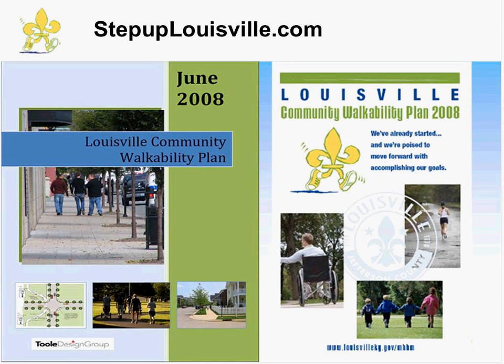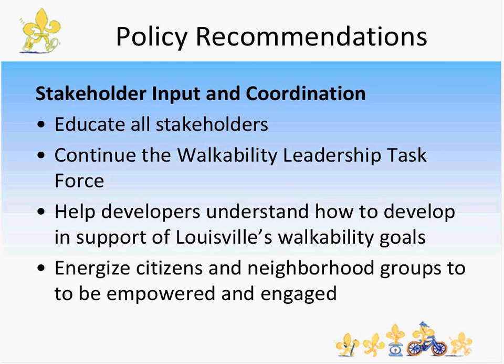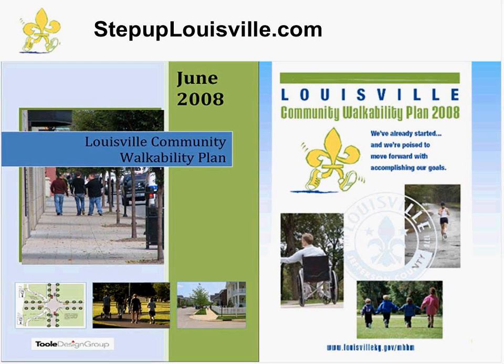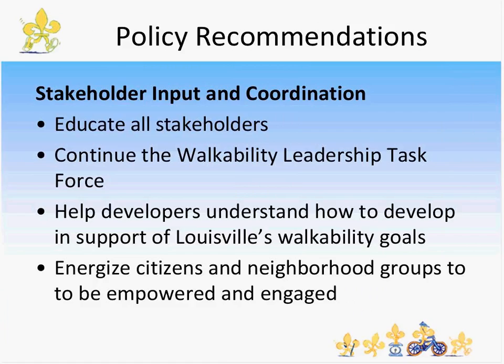The summit was in May. The plan came out in June. There's our website. The full plan is available there. It was organized around the 5 Ps that Robert Wood Johnson advocates. That is preparation, planning, programs, policy, and physical improvement. I'm pulling out the parts that are related to policy here. So the next slide will show